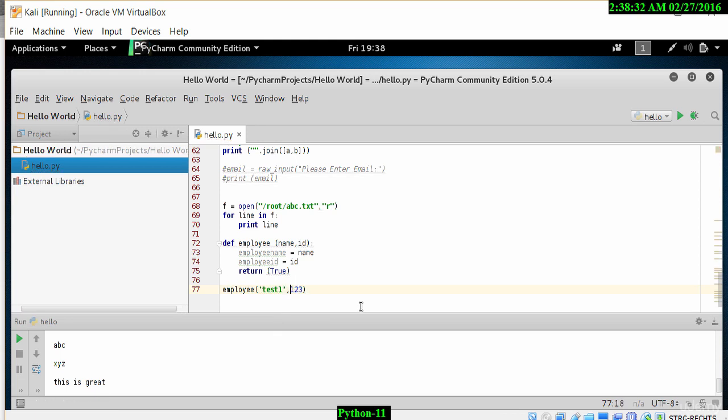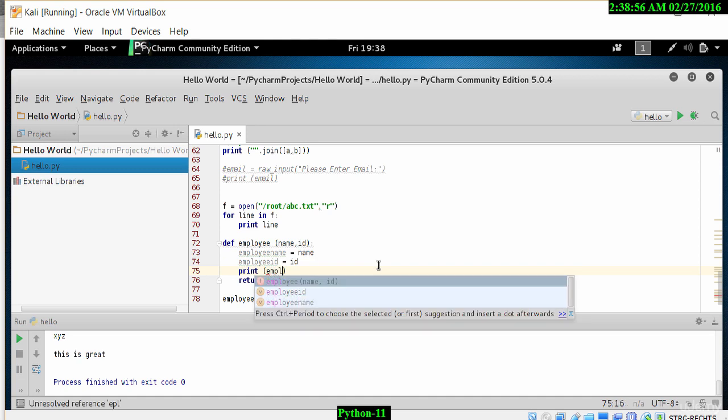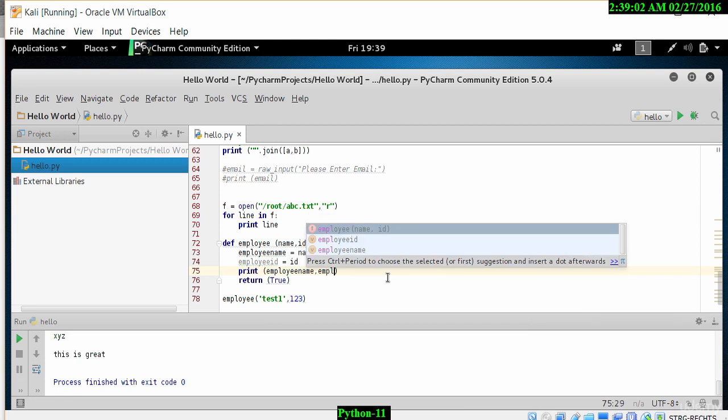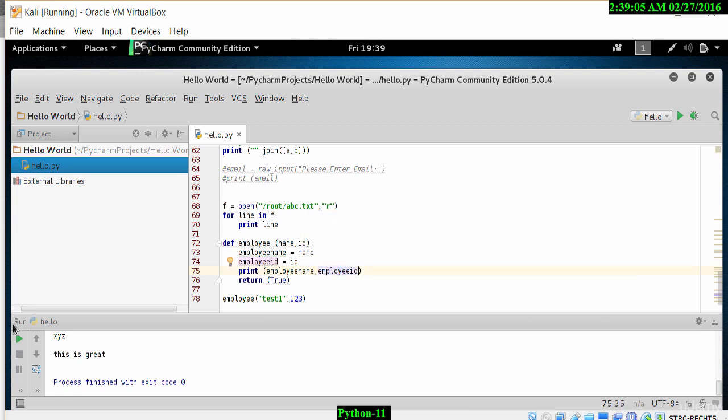When I run this, let's have a look at what happens in the results section. Now, nothing really has happened because I haven't printed anything here. So let me just go to the line before return the value of true, and let's print employee name and employee ID. So let's do that by typing in print employee name, comma, employee ID. Now what should happen is when I print this, let's have a look. It has returned the username and ID, because I have called the function in the line below,